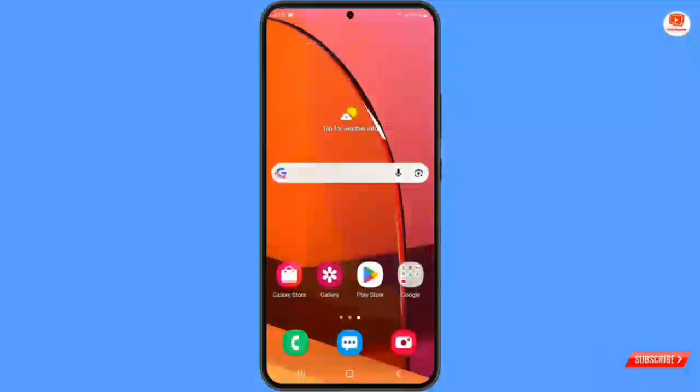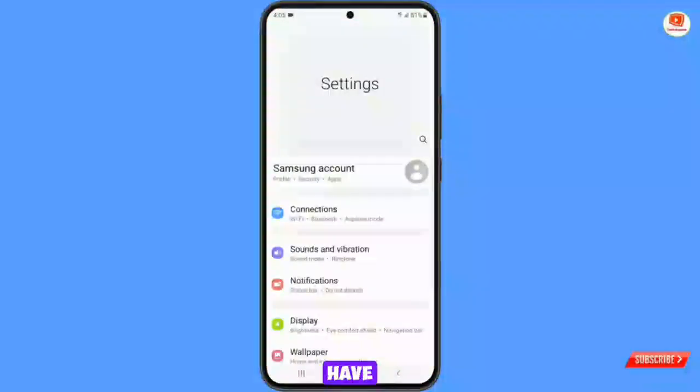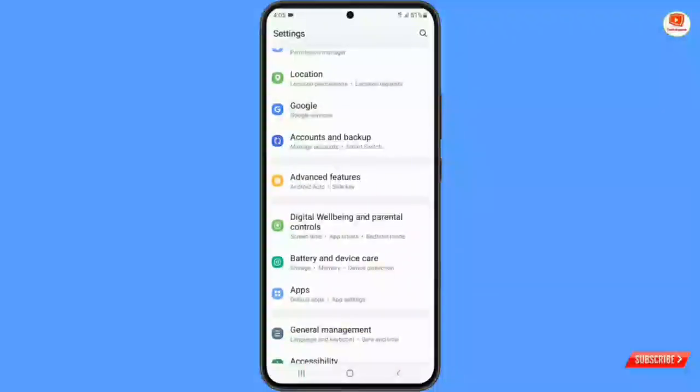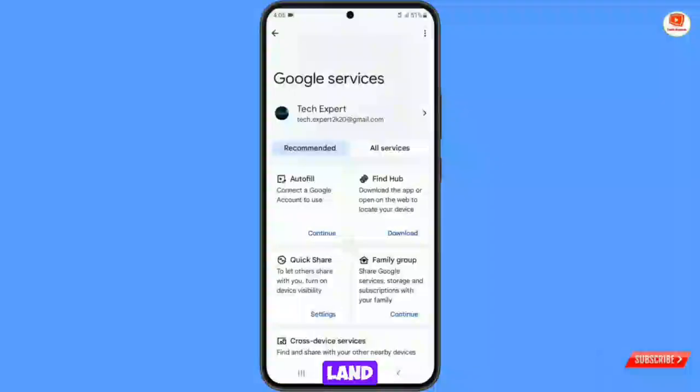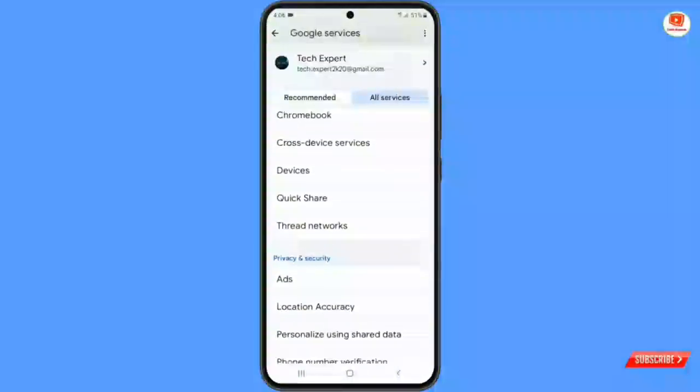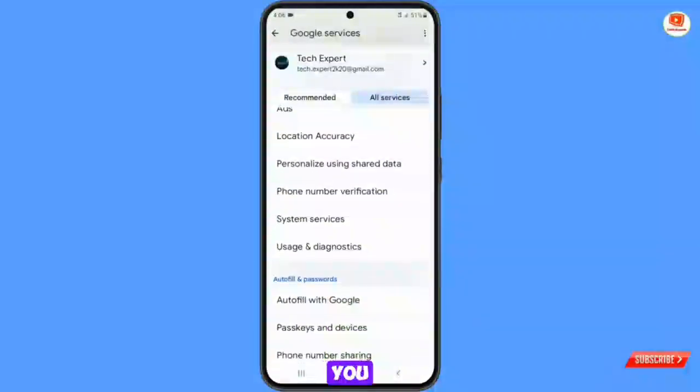Minimize this one. You have to open your phone settings, and then you have to navigate Google option. Here you will see Google, and then you will land here, and here you will see Google services option. Here you will see all services option. Tap on it, scroll down, and then here you will see option phone number verification. Tap on it,